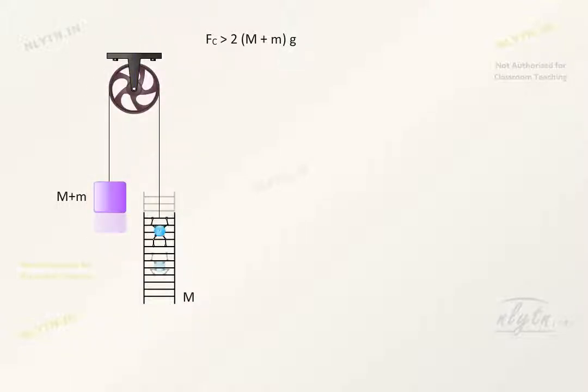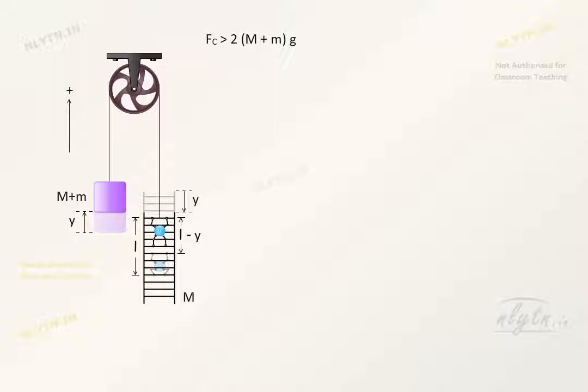Let us say that in this process, this block moves up by an amount y. So the ladder goes down by the same amount as this object climbs up a distance L with respect to the ladder. So its net displacement is equal to L minus y. Now, taking this direction to be positive